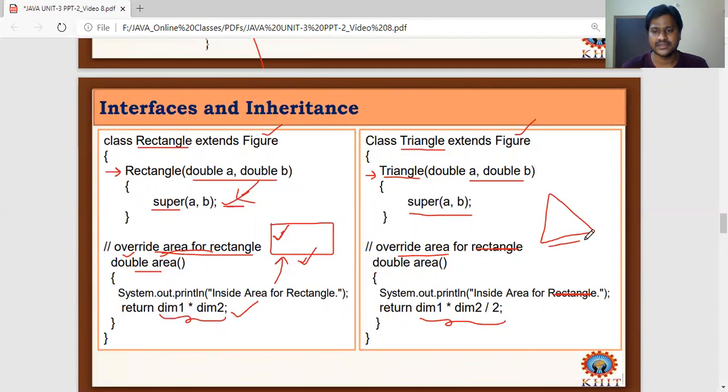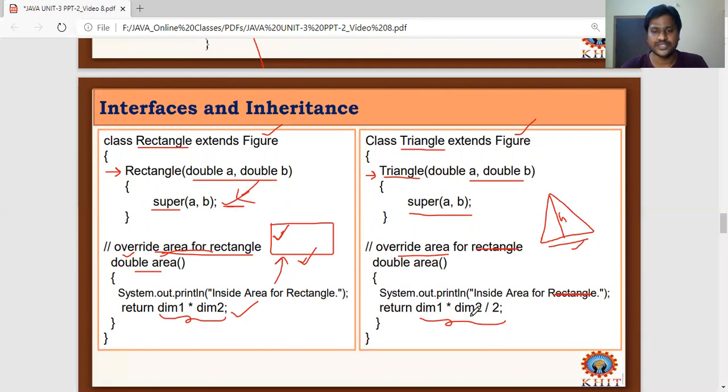This is one dimension and we take the height. This is the height and this is the base. Based on these two dimensions, multiplying and dividing by 2 gives the total area. This is the formula for calculating the area of a triangle.